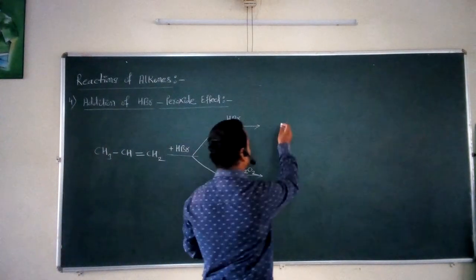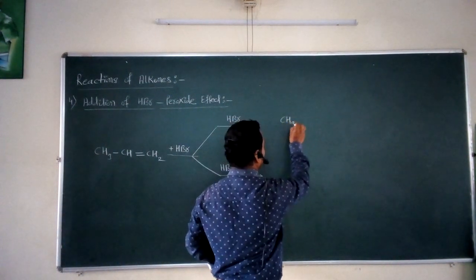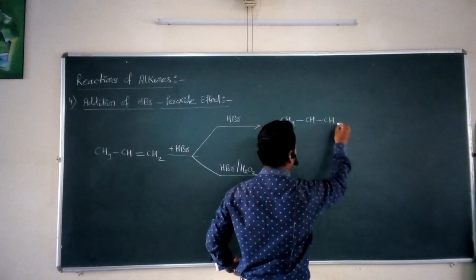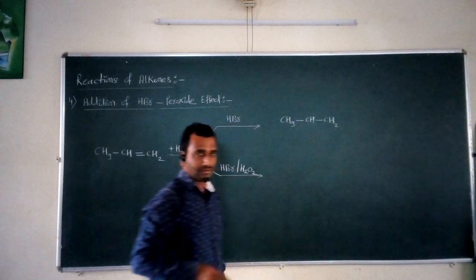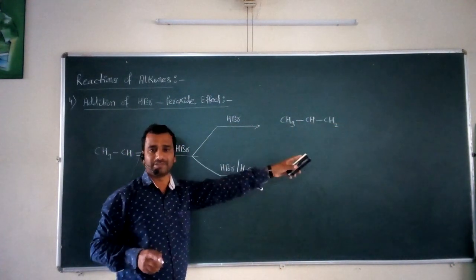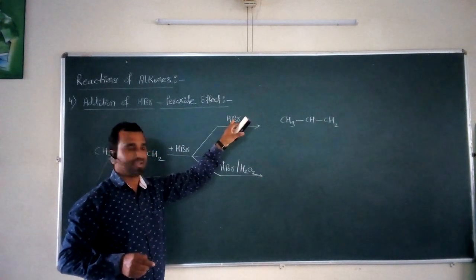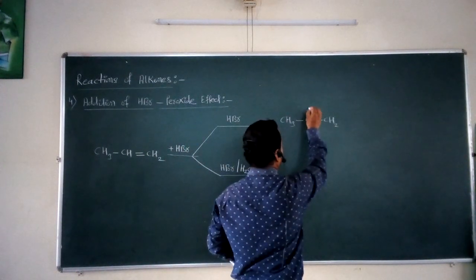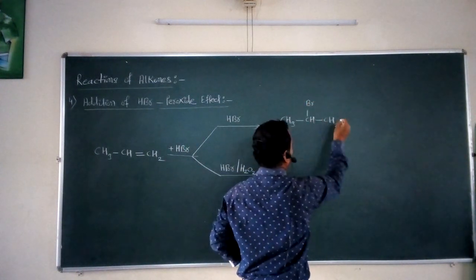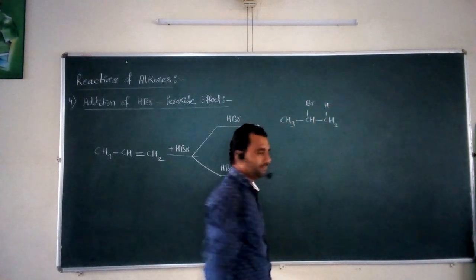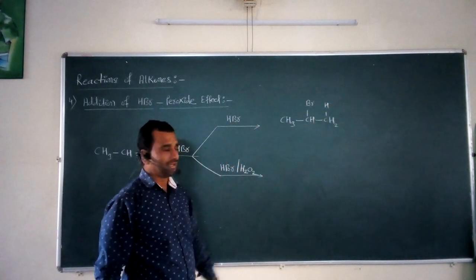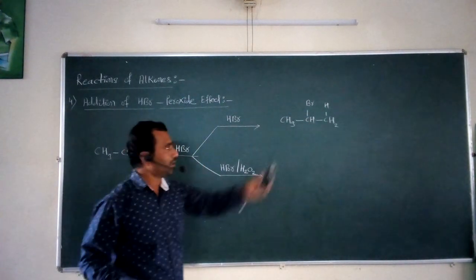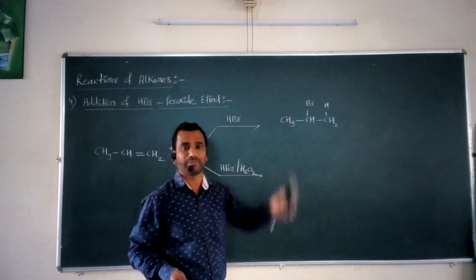Now what are they? The first product obtained by this addition reaction is CH3-CH-CH2, where the carbon-carbon double bond is converted into a carbon-carbon single bond. Now we have to add H and Br at a particular olefinic carbon. In the first case I add bromine at the CH carbon, and this H is added at the terminal carbon. So what you will get in this case is CH3-CHBr-CH3, which is called 2-bromopropane. This is one of the possible products.